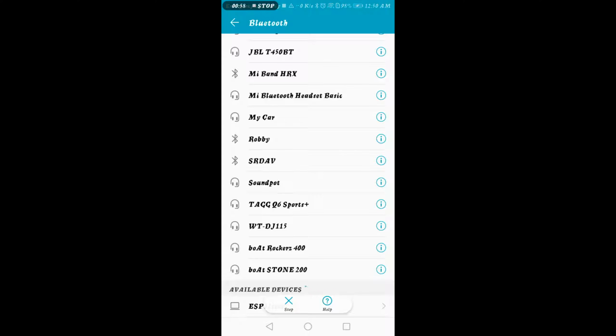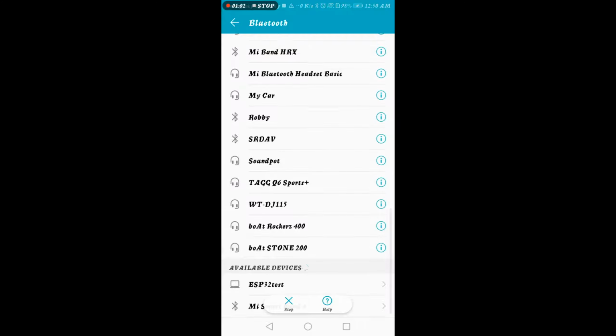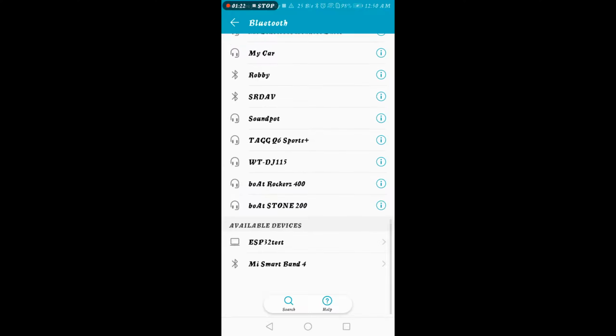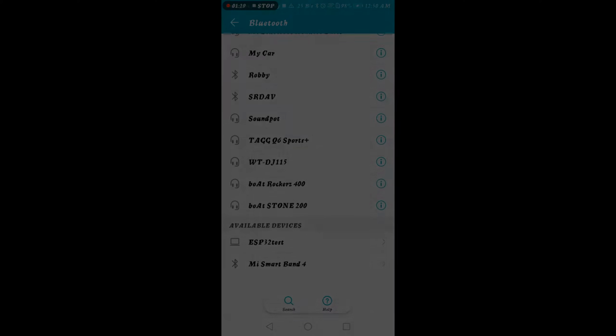If you didn't get the option, if you are not able to scan the BLE module onto your mobile phone, in that case just enable the Bluetooth from your ESP32. On your ESP32 you will see a button with the name enable. Just click on that, it will turn your Bluetooth on, and after that just search again for your Bluetooth device, right? So this is what exactly you have to do. Let me show you that part as well, like how you can turn it on.